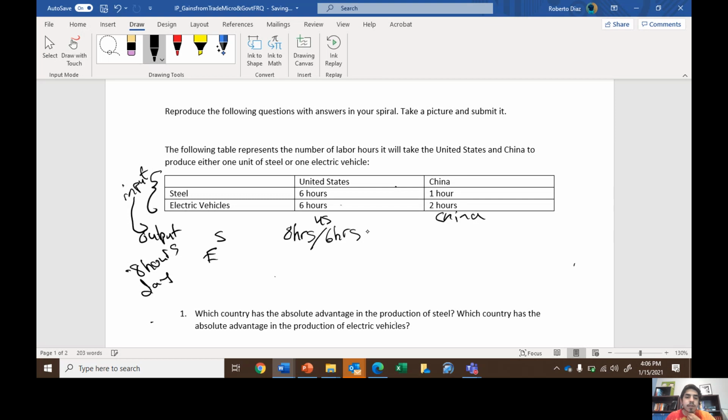So we take 8 hours, divide by 6, and we find out that the United States can produce 4/3 units of steel,